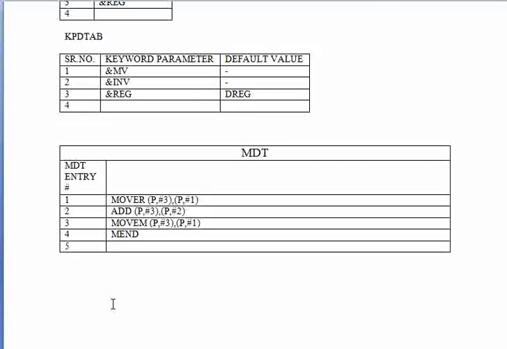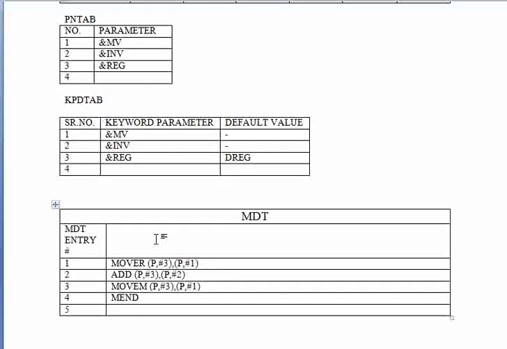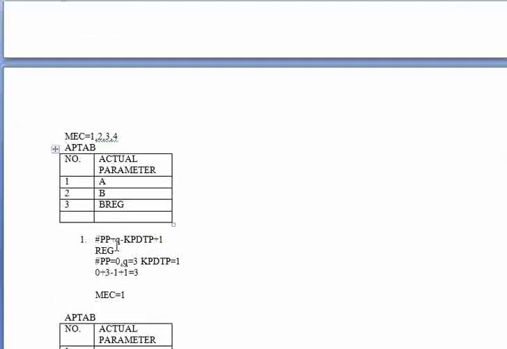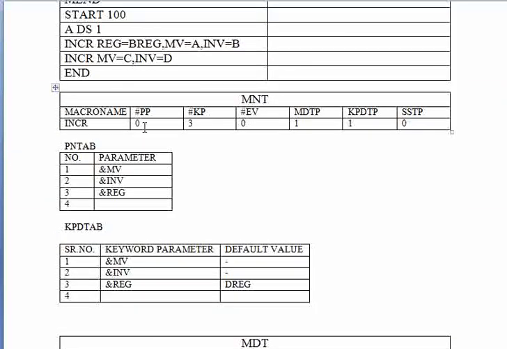Okay, for that first look at your KPDPT, go to index 1 and see if there are any keyword parameters with default value. Yes, so fill the default value first in the AP tab. And to fill any keyword parameter, I told you we use this formula of #PP plus Q minus KPDPT plus 1. #PP is 0, which is coming from this MNT.